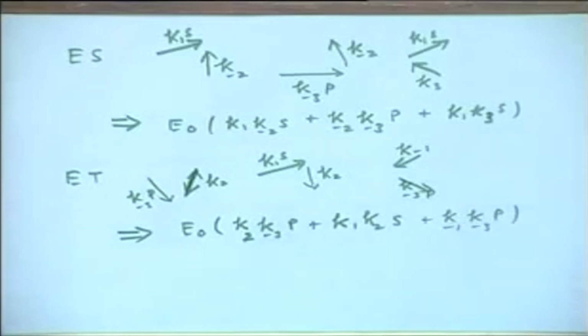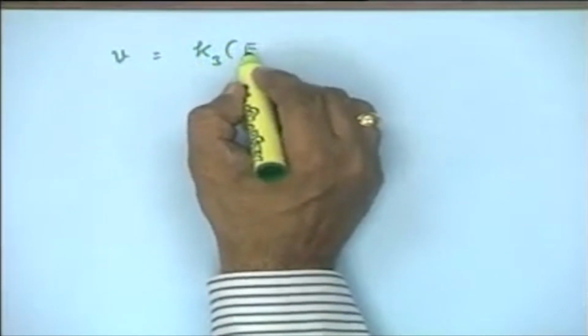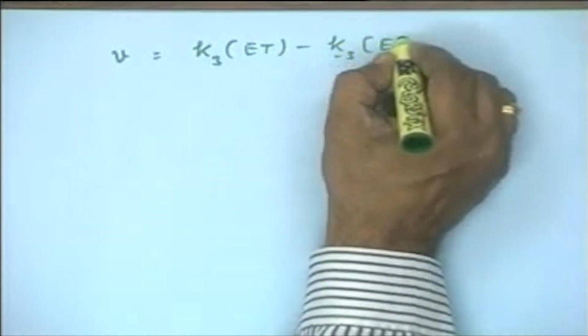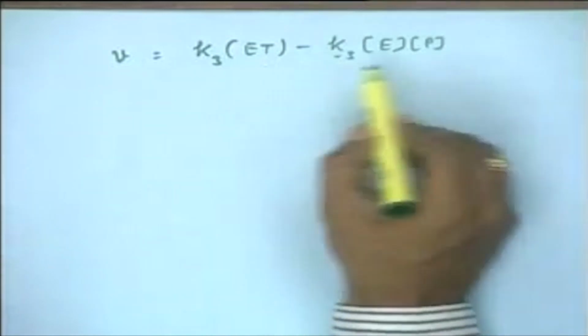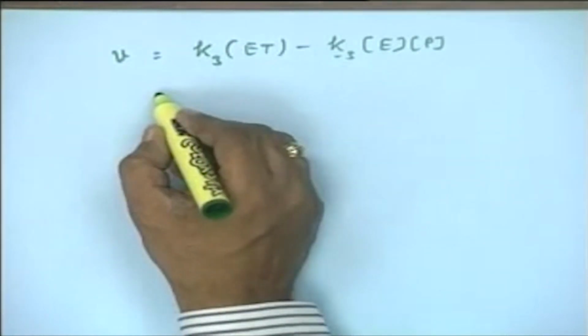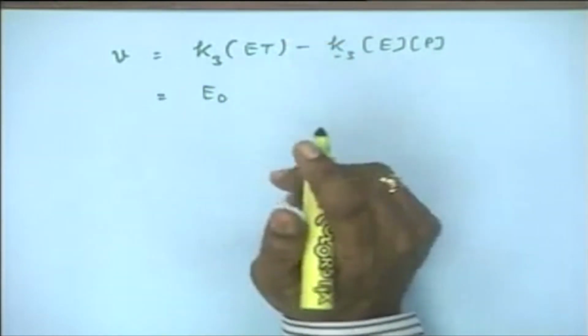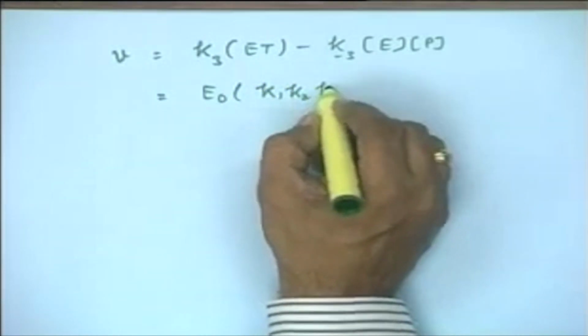That one. Now, you can write the reaction velocity. The reaction velocity for such a reaction will be given by K3 into ET minus K minus 3 into E into P. The rate expression for that will be this expression. Now, we can substitute the value of the ET and E in the expression and you end up as E naught, and after deleting all the factors which are positive and negative, you come out with the K1, K2, K3